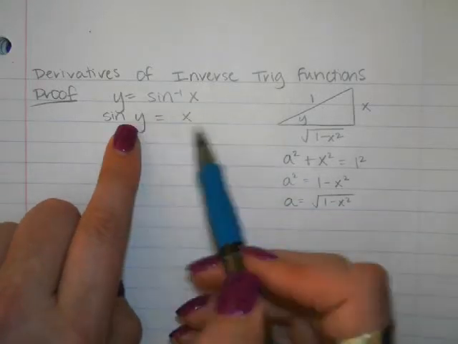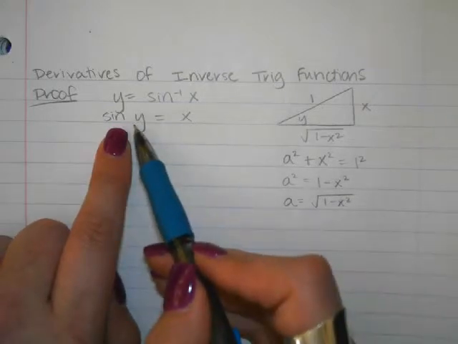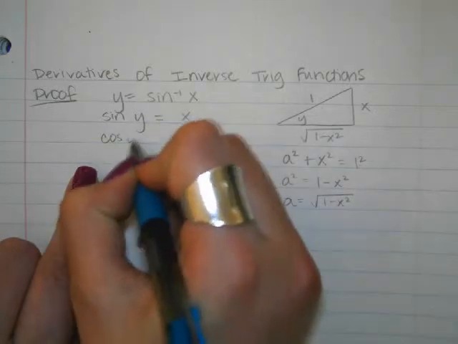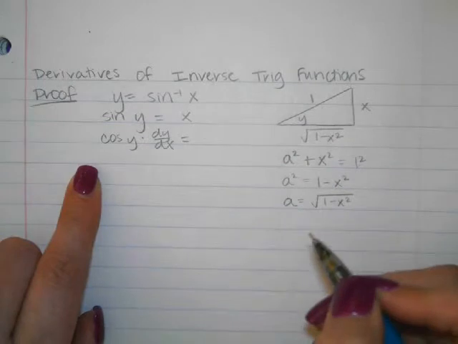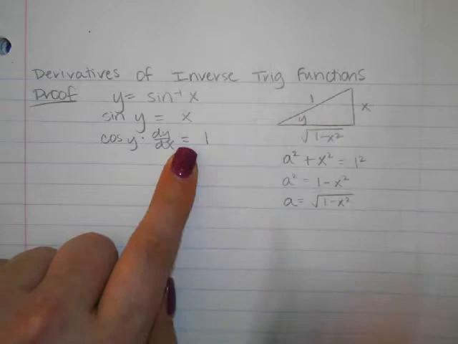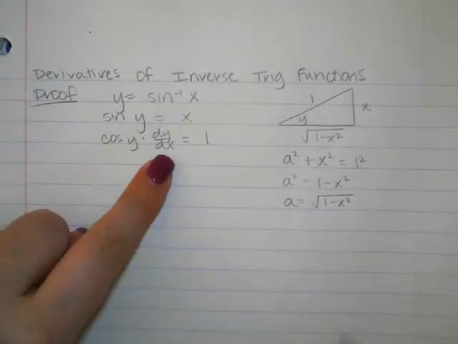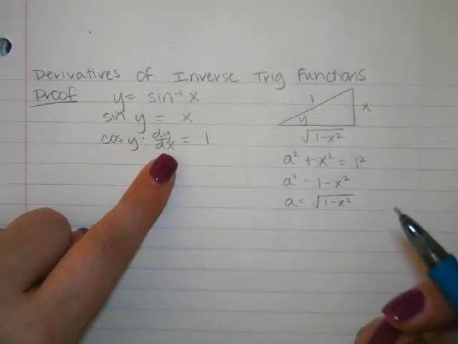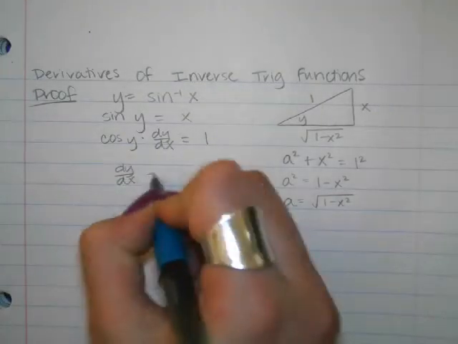Now what I'm going to do is take the derivative of each side. So what is the derivative of sine? Cos. And then what's the derivative of y? dy dx, right? Or you could say y prime, it doesn't matter. And then what's the derivative on the right side? 1. Okay, so dy dx is the notation for derivative. We're trying to isolate that, because if we can isolate this, then we'll have found the derivative. So I'm going to say dy dx equals,